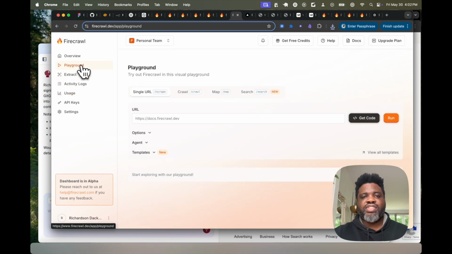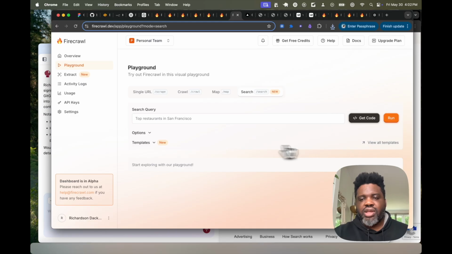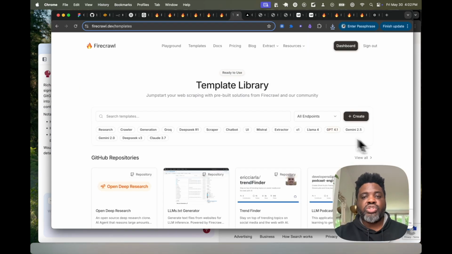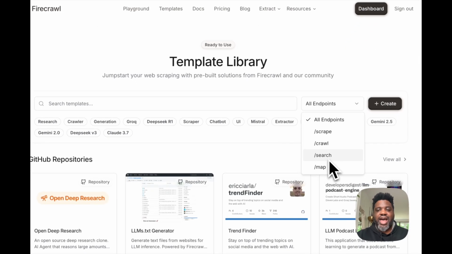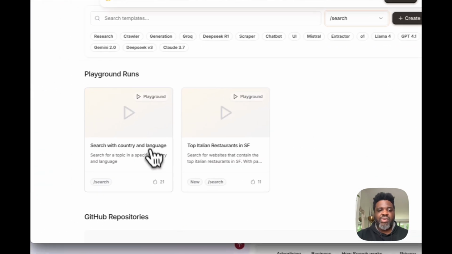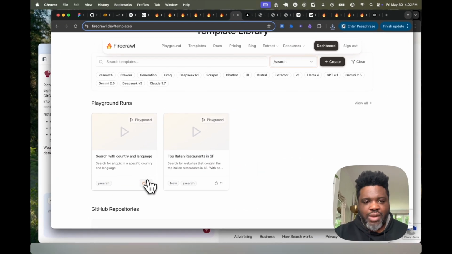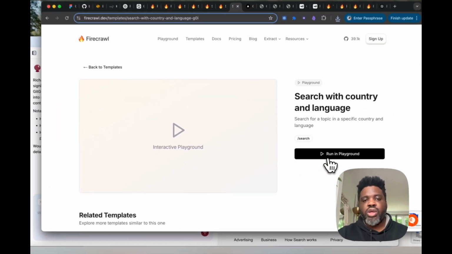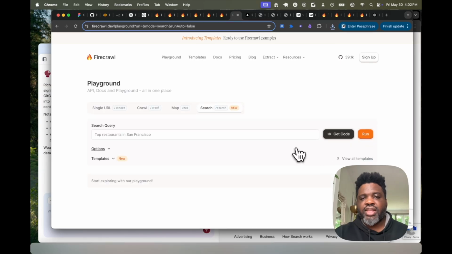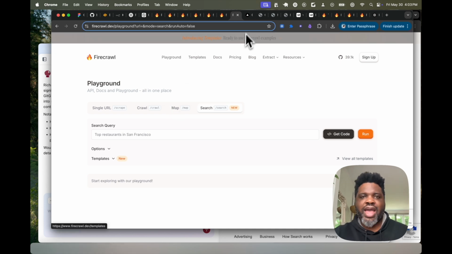have. I spend a lot of time inside of the playground because this is really where you get to experiment how to use it. But another thing that is really helpful is actually to use the templates. So they have template libraries with different ways to use Firecrawl. And if you head over to all endpoints, you can also filter by search and see some examples of how people have used the search endpoint to perform different searches with their API. And if you click on it, you're going to go to the playground. You can just run this in the playground and be able to actually run the same query right from your playground and see how other people are actually using it, which can sometimes give you ideas on how you can